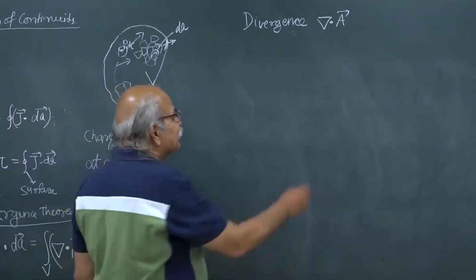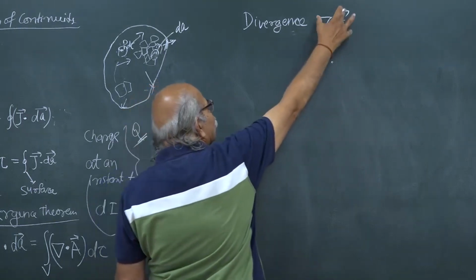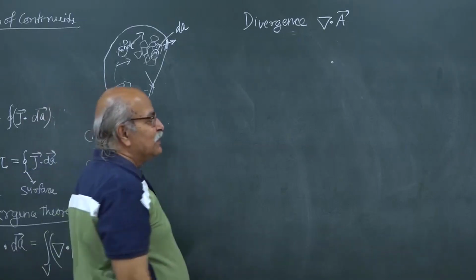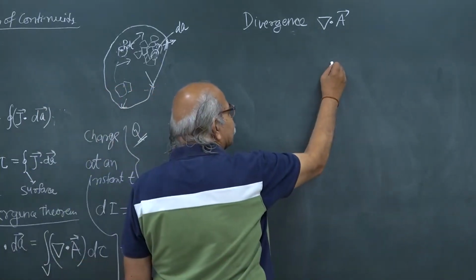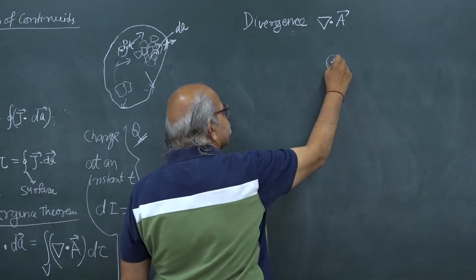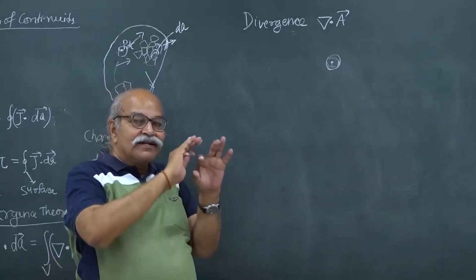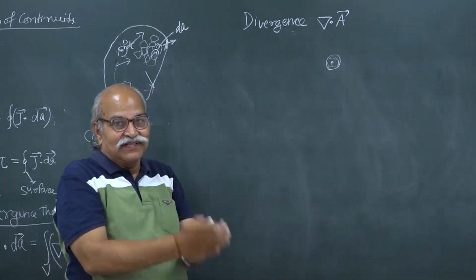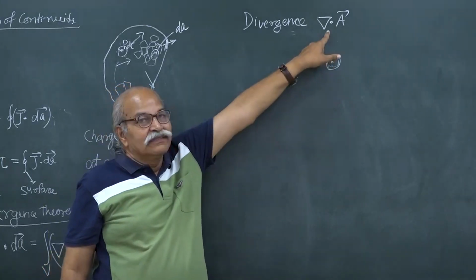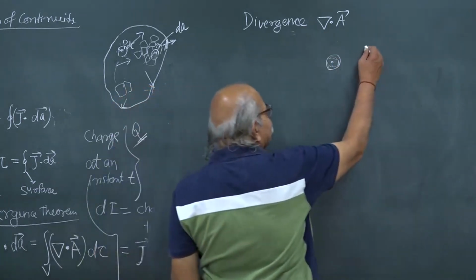Just to remind you, if you have a point somewhere and you want to calculate the divergence of A at that point, what you do is you enclose this point in a small closed surface around the point where you want the divergence of A, and then you calculate